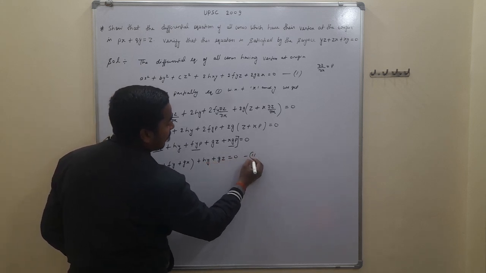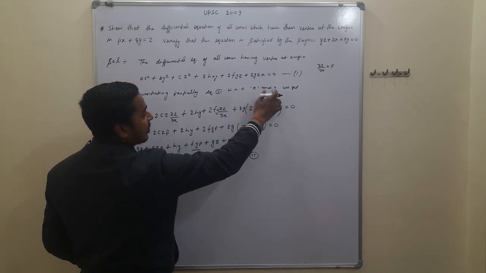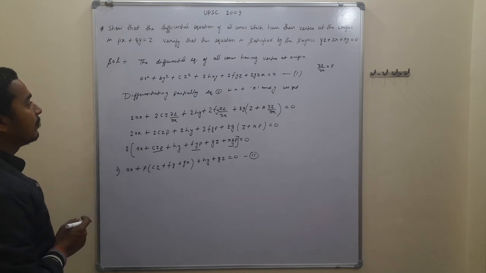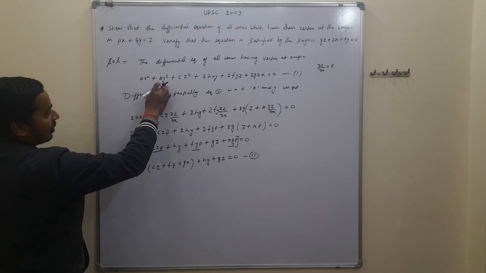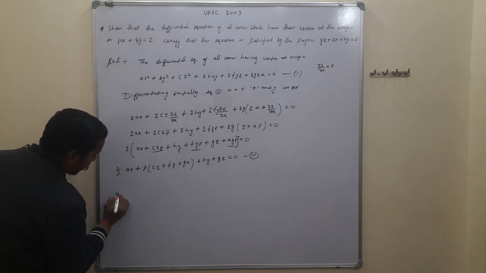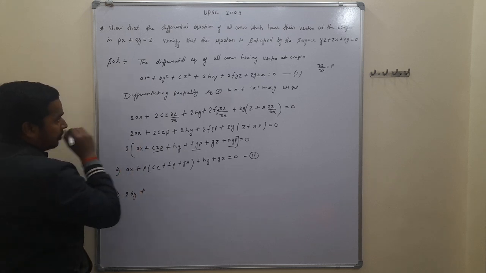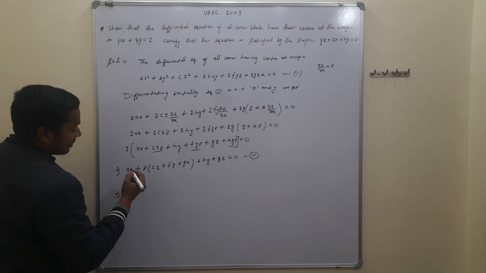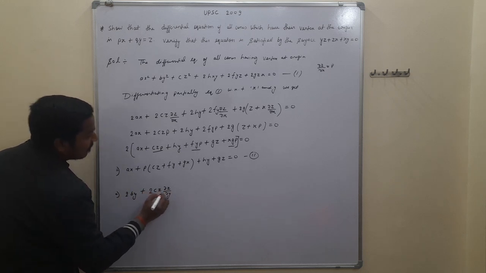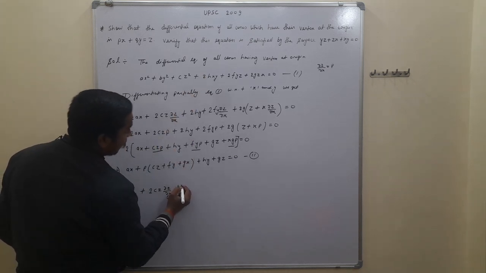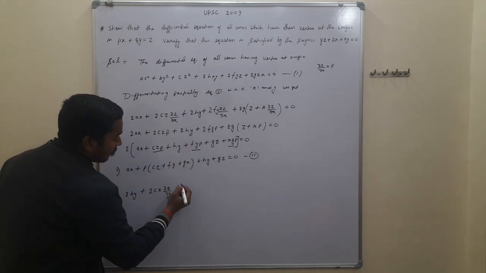Let this be equation 2. And equation 1, again differentiating with respect to y, taking x as a constant and z is the function of y. So we write ax square is 0, and differentiating by square with respect to y, this gives 2by plus cz square, differentiating with respect to y, this gives 2cz del z upon del y, and here plus 2hxy, differentiating with respect to y, this gives 2hx